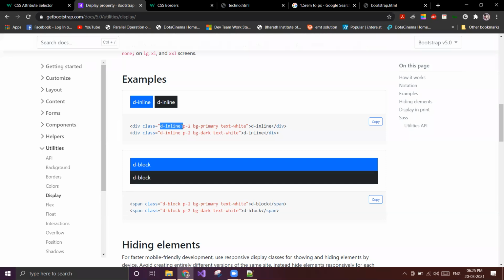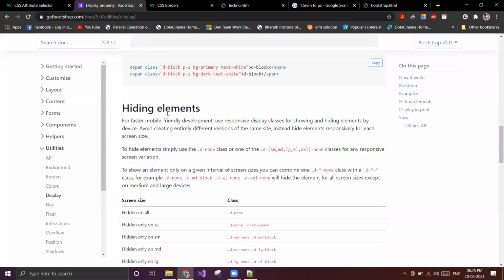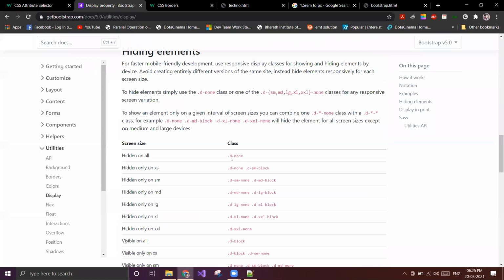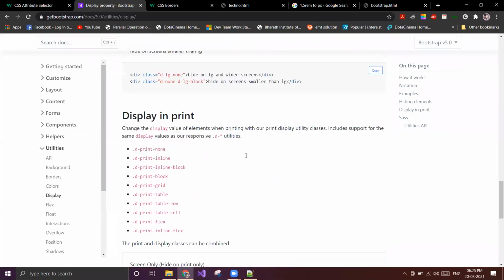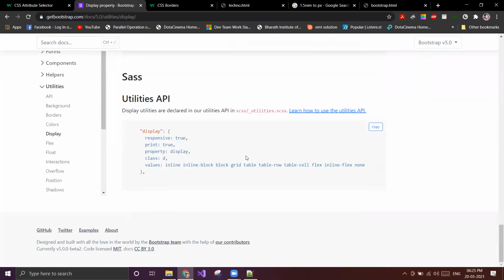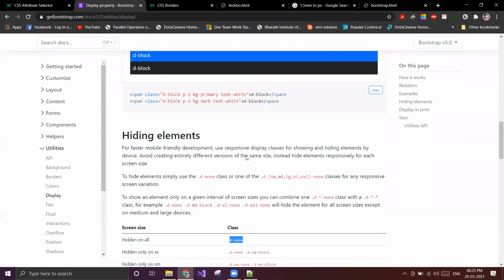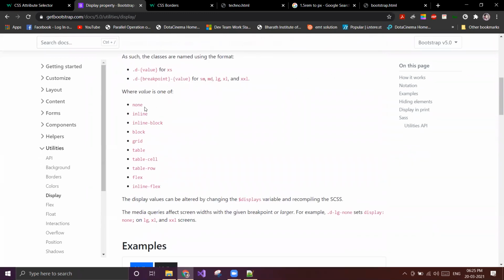Nothing to write more. So we'll see one by one. Hiding elements. So D none. Then what are the properties we have? D none, D inline block, D block. Okay. Then D flex, isn't it? So you can use directly these properties.